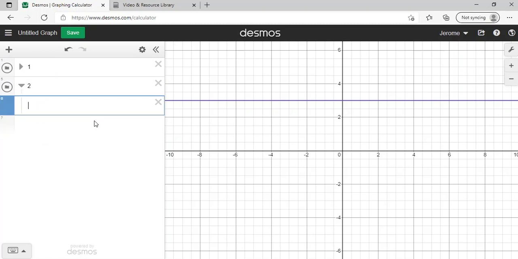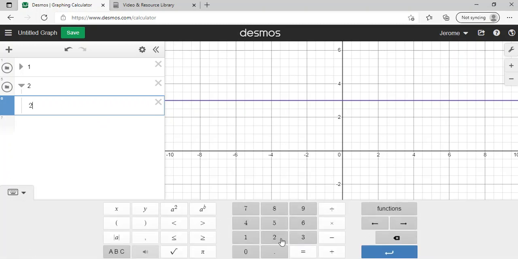Another thing that was an issue with some of you was the exponent portion. You didn't know how to properly put an exponent on your value. So let's say we had 2 to the power of 3. You could hit 2, there's a "to the b power" here. You could hit this, and then 3. That's how you would do an exponent.